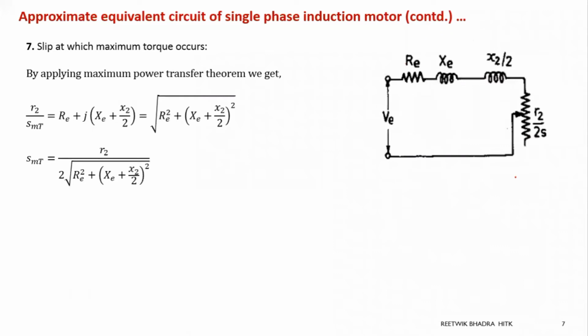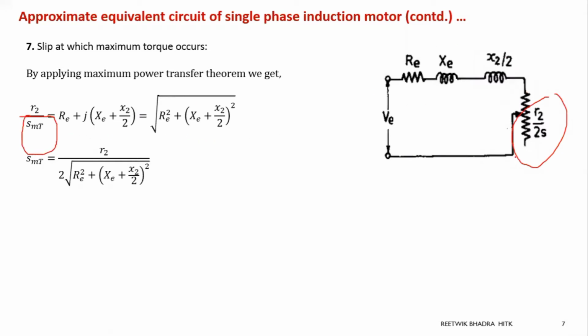Then if you look at this circuit, the next thing we did was apply our maximum power transfer theorem. Why did we apply our maximum power transfer theorem? Because we need to calculate the slip at which maximum power is transferred to the load. So how will you explain your maximum power transfer theorem? Your ZTH should be equal to your load resistance, meaning RTH should be equal to RL. Thevenin's equivalent resistance should be equal to your load resistance. So what is my load at which maximum torque occurs? This becomes R2 by twice Smt. So R2 by twice Smt.